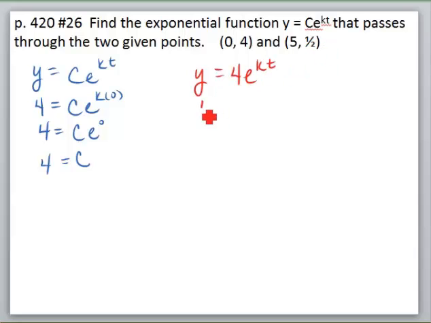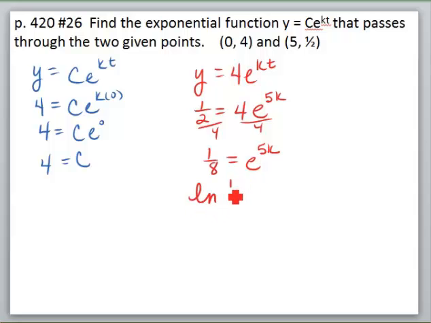Now if I plug in 1/2 for my y and 5 for my t, I'll be able to figure out what k is. First thing I have to do is divide by 4 on both sides. That gives me 1/8 equals e to the 5k. Now I can get k by itself by ln'ing both sides. That makes those fall away when you bring the power out front. So we get 5k is equal to the ln of 1/8 divided by,